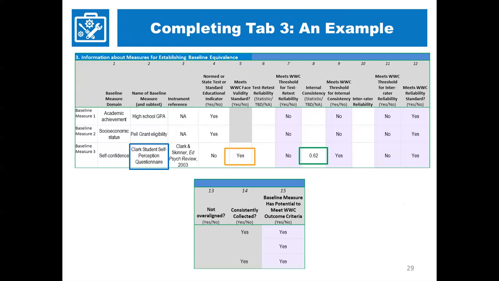standards. You're going to use the same measure of internal consistency you showed on the outcome measure, and you're going to say it was consistently collected. So as a baseline measure, this measure also meets the, you've informally assessed that it meets the WWC outcome standards. In this case, all 3 of these measures